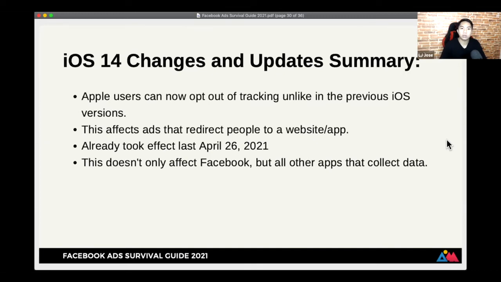And this already took effect last April 26, 2021. This doesn't only affect Facebook, but all other apps that collect data. Okay? So, example, other apps then, Instagram, WhatsApp, TikTok, Twitter, Snapchat, any app that collects data are required to show the ATT prompt. Okay? Whether they will opt out of tracking or they will allow the app to track them.